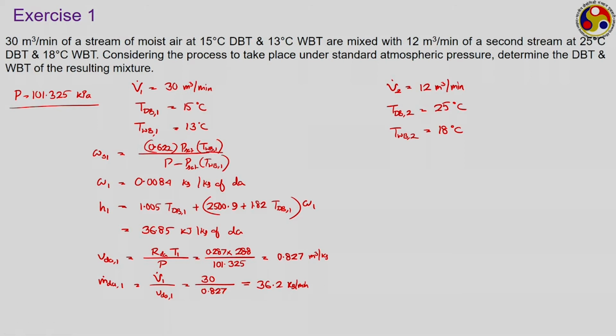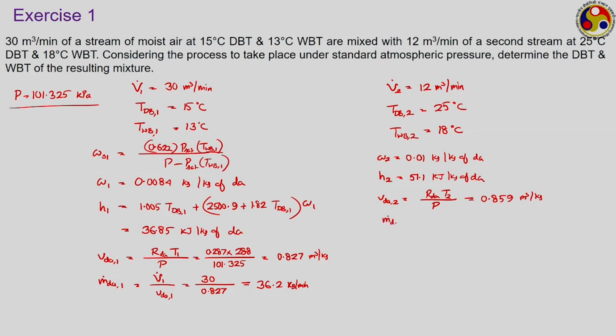Just repeat the entire procedure for the second stream. For this case, following a similar procedure, your omega will be 0.01 kg per kg of dry air, H2 will be equal to 51.1 kilojoule per kg of dry air, and specific volume for the dry air part, which is again R dry air, but its temperature is T2, which is 25 degree Celsius, that is 298 Kelvin, divided by pressure, which remains the same. So, this is coming as 0.859 meter cube per kg,